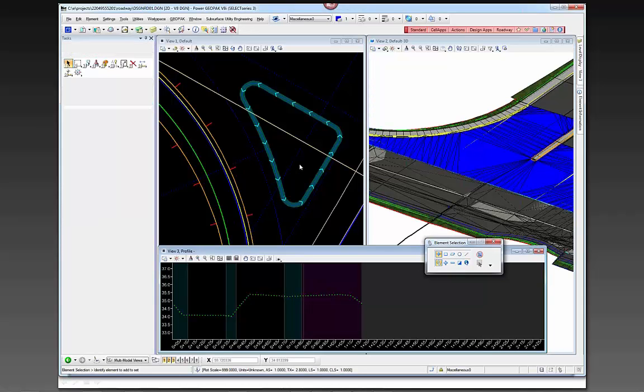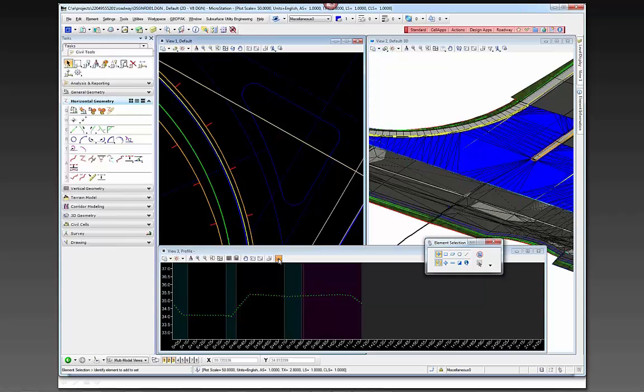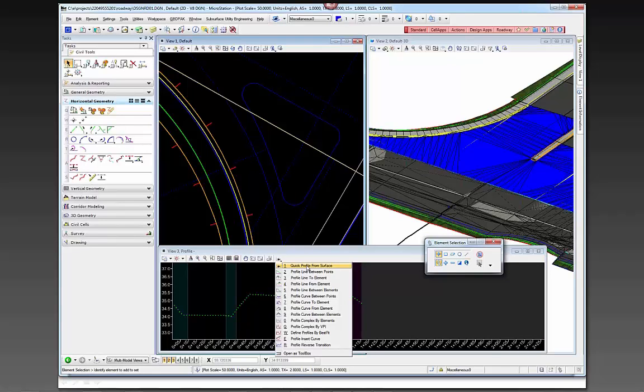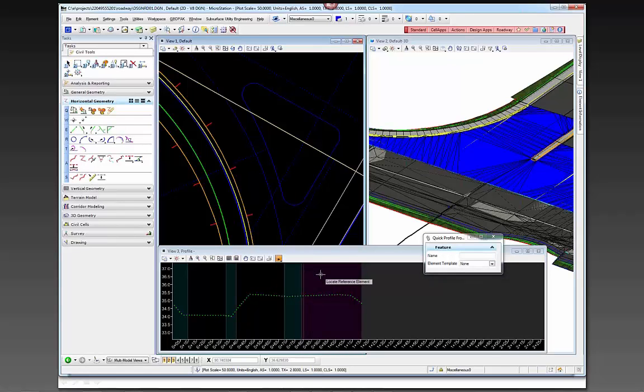So all you've got to do is go to quick profile from surface on this, and we're going to locate this line. I'm pretty sure this will work with this. And then you just locate the terrain, US 90, or I'm sorry, the DTM intersection 98. And then if you reset, it should give you what that profile looks like as it traces across the top